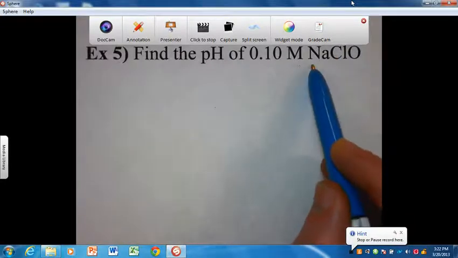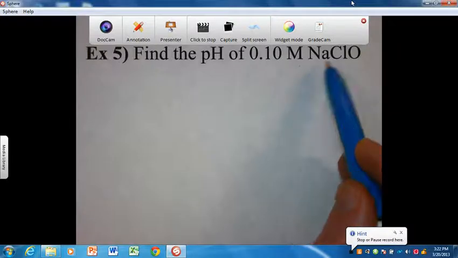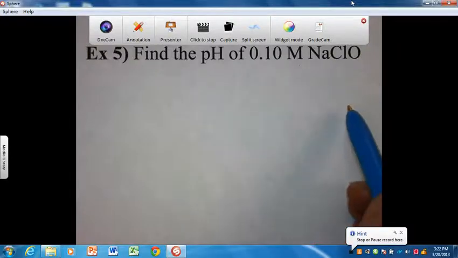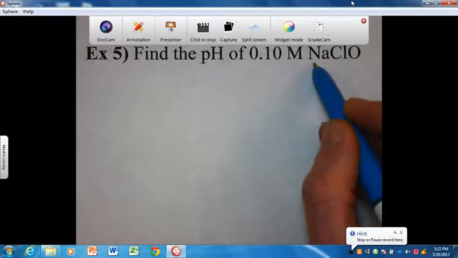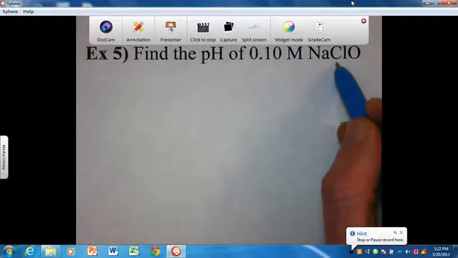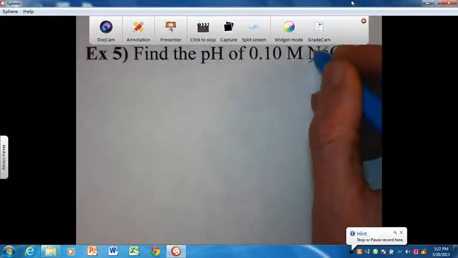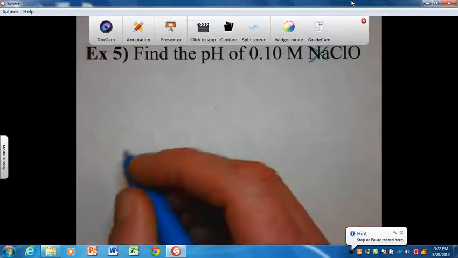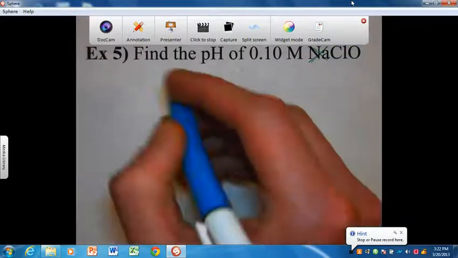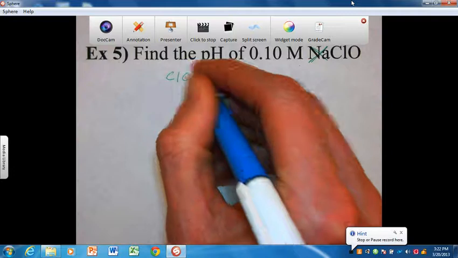I can tell this is a salt because there's a cation and an anion. I can tell it's a basic salt because the cation comes from a strong base and the anion comes from a weak acid. That means the sodium is going to be a spectator ion. I'm going to ignore it, and we're going to write the equilibrium expression first with hypochlorite